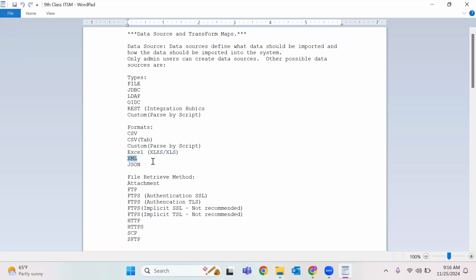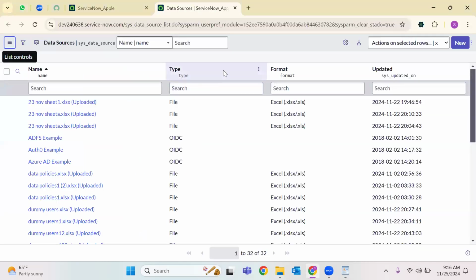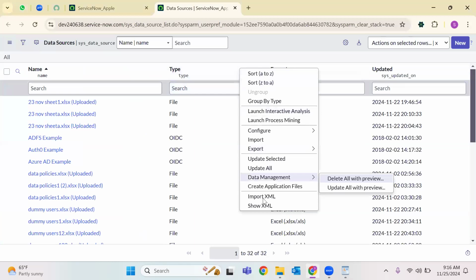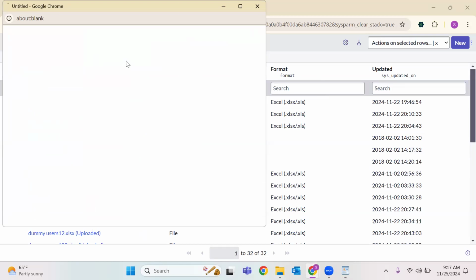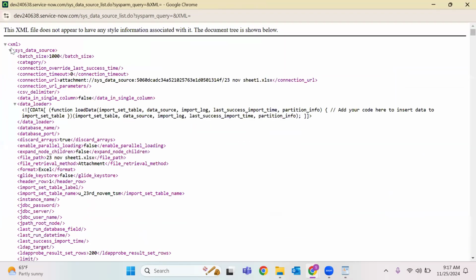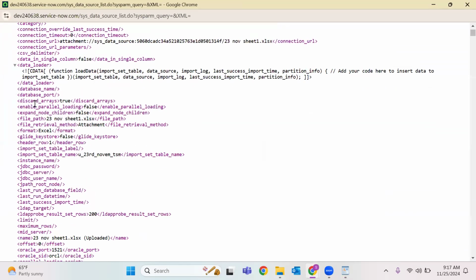XML, as we already know, ServiceNow converts our data into XML, where you'll have tags like how we used to have in HTML, CSS, and all, header tags where the data is present. Suppose you want to read the data on this table, just right click and go to Show XML. You can see here how the data is being converted to XML. See, these are the header tags, this data source. The batch size is 1,000 records. And when you scroll all the way down, you can see